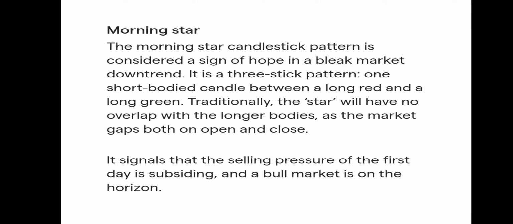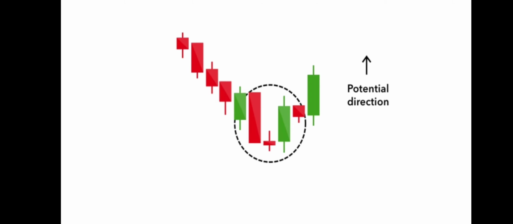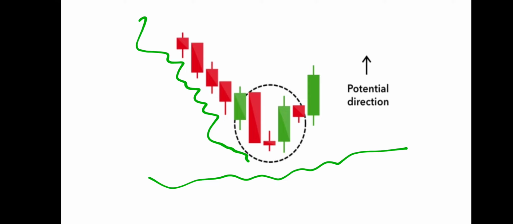Next is a morning star. So what is a morning star? This candlestick pattern also forms after a downtrend or maybe in the support area. These are two things that you have to remember always. When you are doing charting, this is the basic thing. There is a downtrend and there is a support area. What is a morning star? You can see this area.